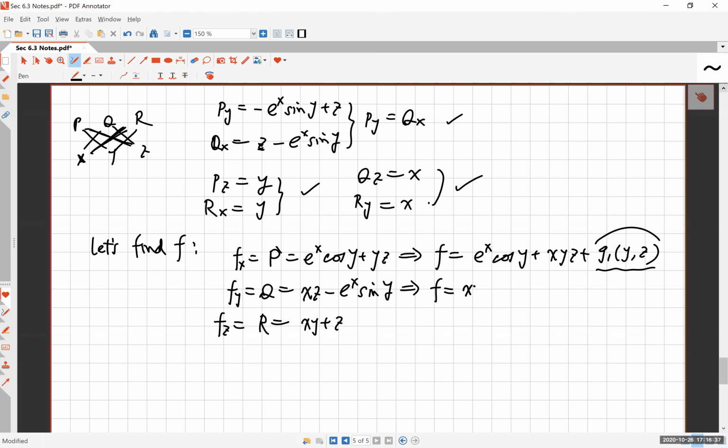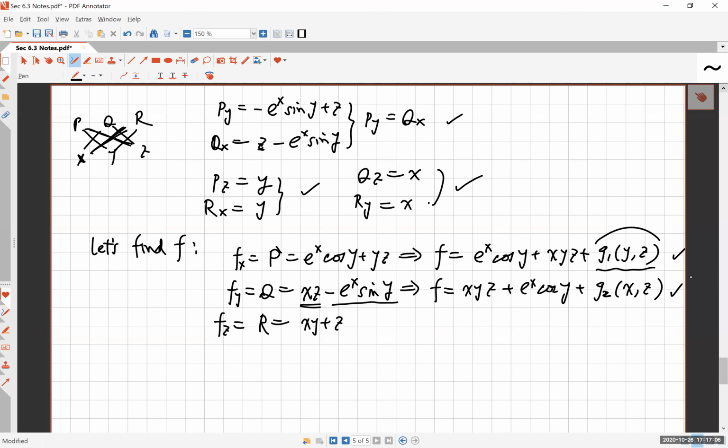So you have to have xyz in order to have this term. And then in order to have negative e to the x sine y, I have to have plus e to the x cosine of y, because that's the only way you can get negative e to the x sine of y. Now, you could also have something, as long as that something consists of constants, x and z, but no y. Okay, so my potential function has to look like this,